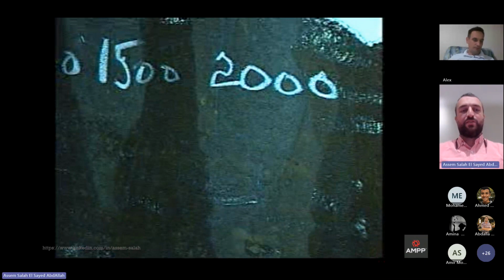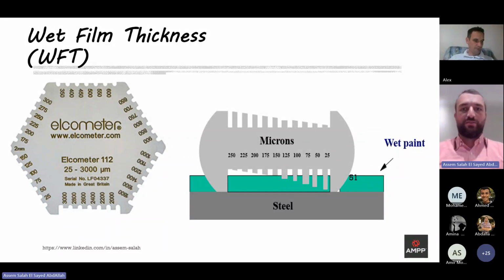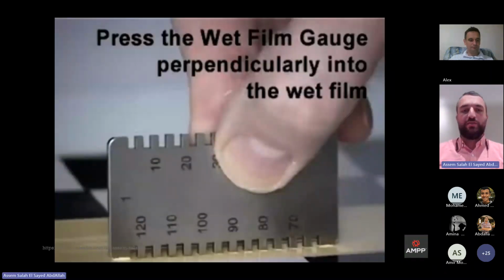Okay, go on. The other test, which is so common in the industry of steel protection, is the wet film thickness, also known as the WFT. It's a type of instrument. As you can see, it applies to the wet coating before it goes to its dry phase. Upon your measurements, you can see how thick the wet coating is. And I think from the thickness of the wet coating, you can predict what the thickness of the dry